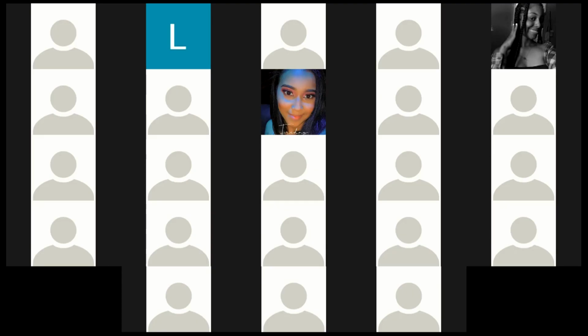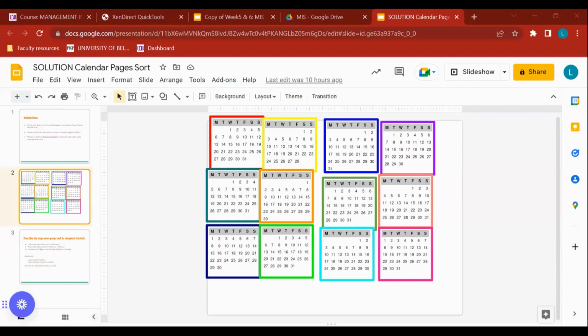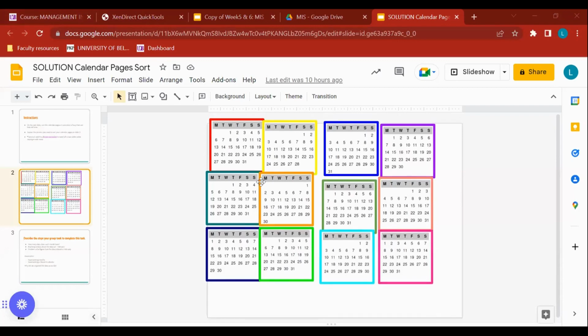All right. So I like that each of you were able to share your process. Now I'm going to share with you what your calendar would have looked like. All right, so for this one, you'll notice that both the red calendar and this green one are basically the same thing. So if you had the red or the green to start with, your answer would have been the same. But apart from that exception, you would have had the other colors going as you see on the screen.